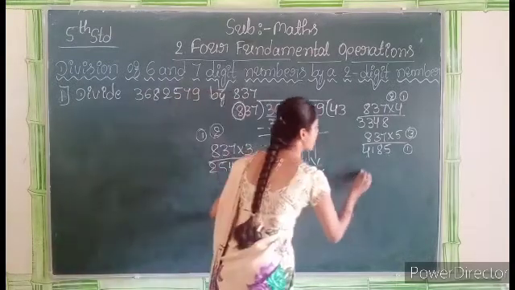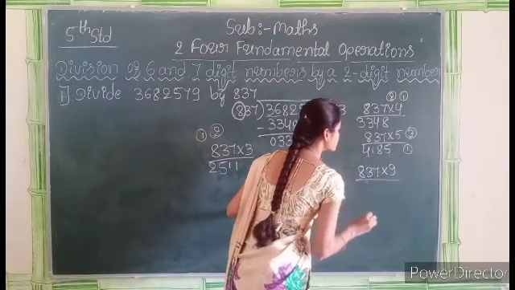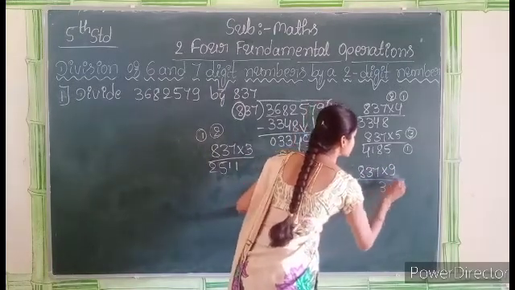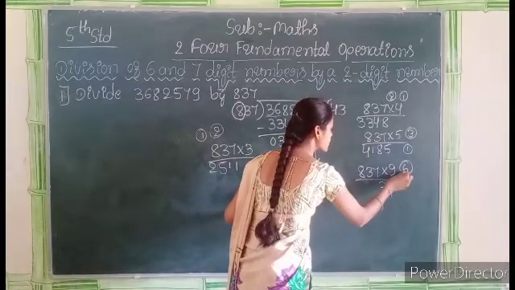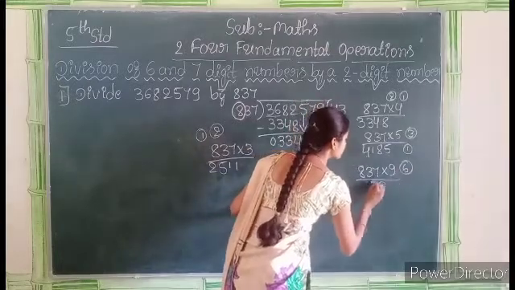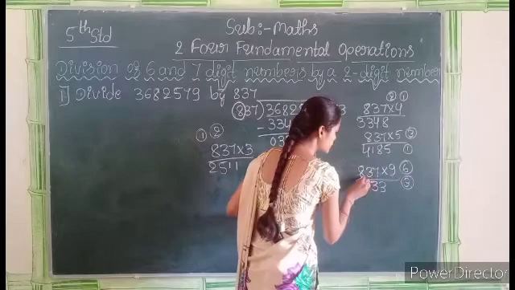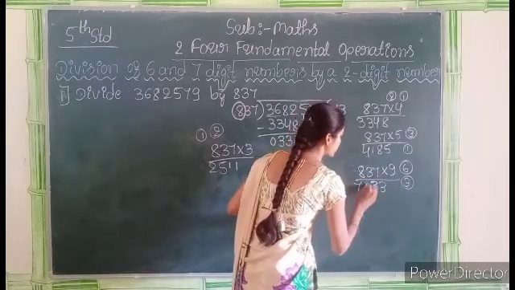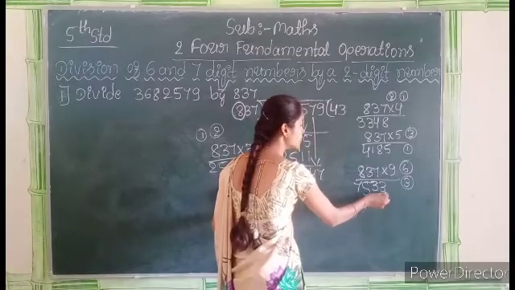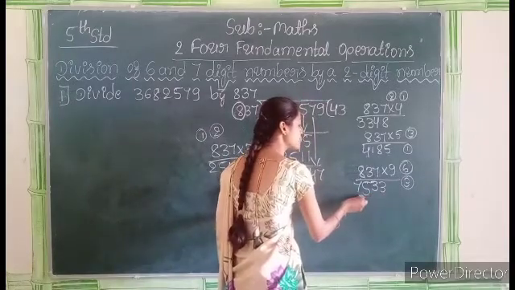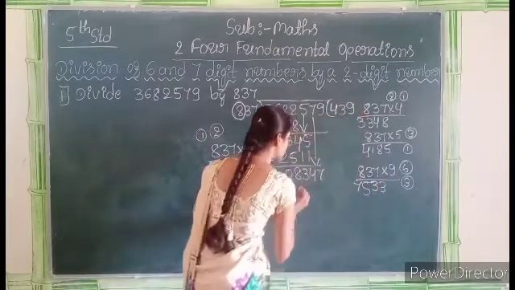So let's check 837 9s are. 9 7s are 63, 3 then 6 carry, 9 3s are 27, 27 plus 6, that is 33, 3 then 3 carry over, 9 8s are 72, 72 plus 3, 75. We get 7533. We can consider 7533. 9 is the quotient,